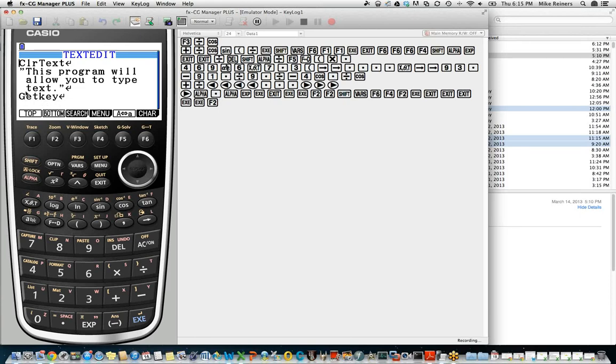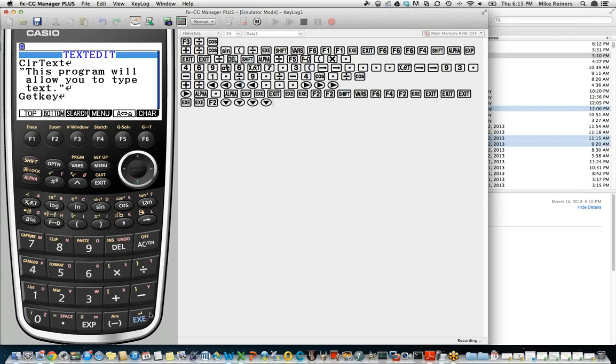The reason we return a 0 is that GetKey returns a 0 if it didn't sense that a key was just pressed. So we're going to need to create a loop, and in this loop we need to have the calculator essentially continually checking to see if a key has been pressed.